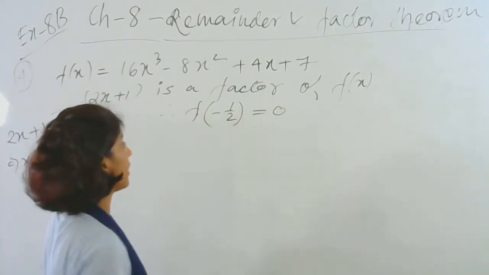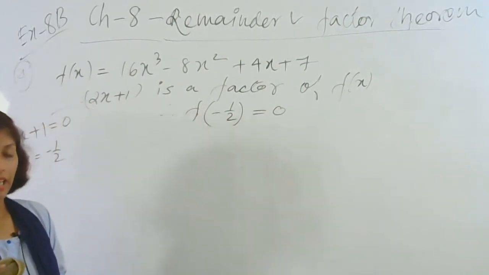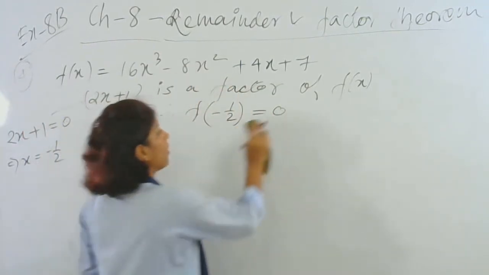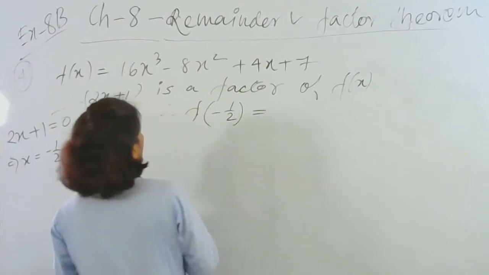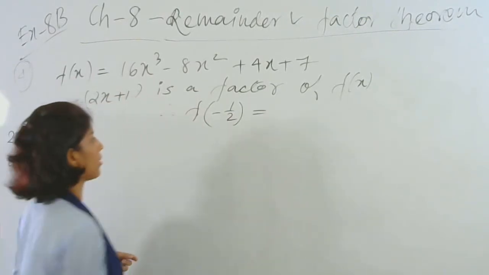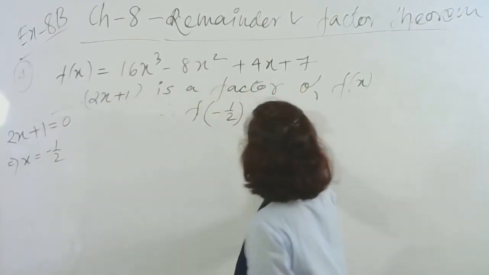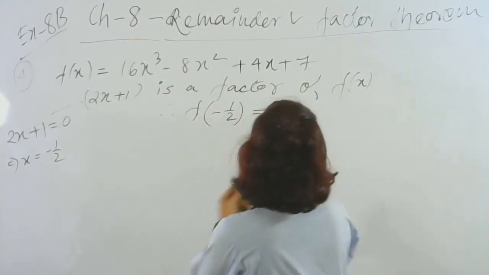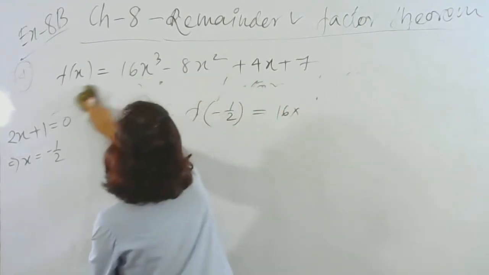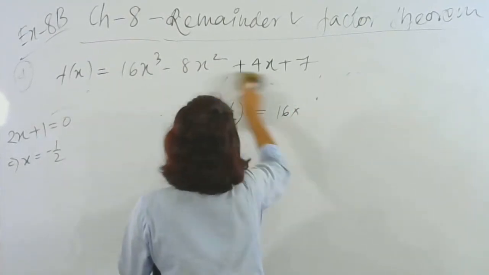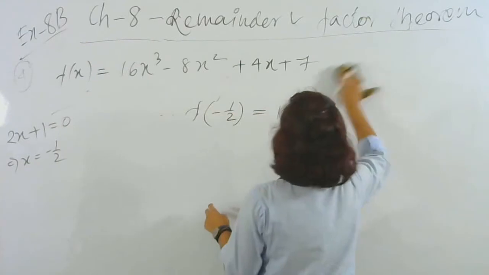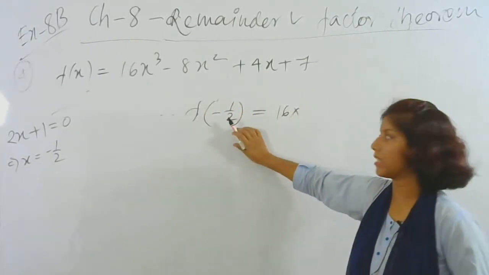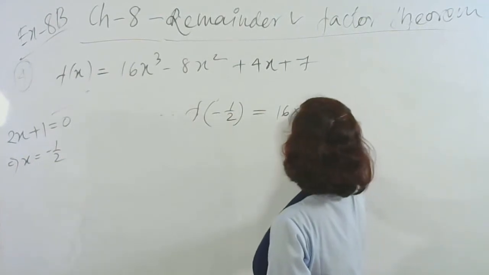But then see, in the question they have been asking you what must be subtracted so that it becomes a factor, right? So since I have to make it a factor, first I'll try to find what will be the value. Sorry, I've written that it is not a factor. They are asking you what you subtract so that it becomes a factor. So I'll try to put f of minus half. So if you put f of minus half, you'll get